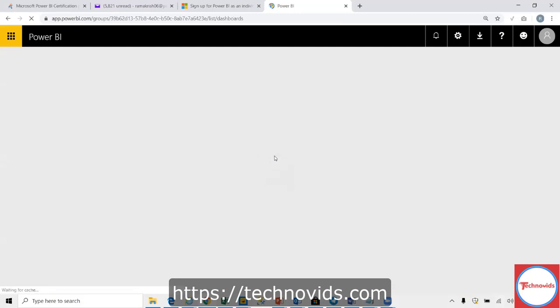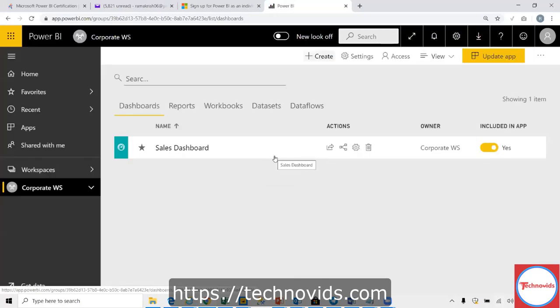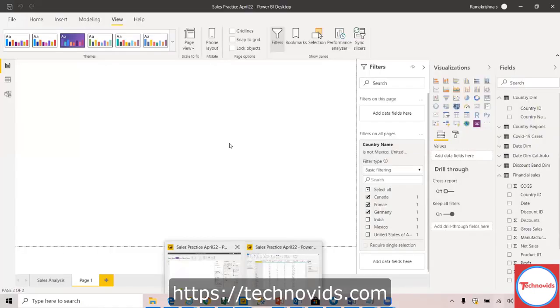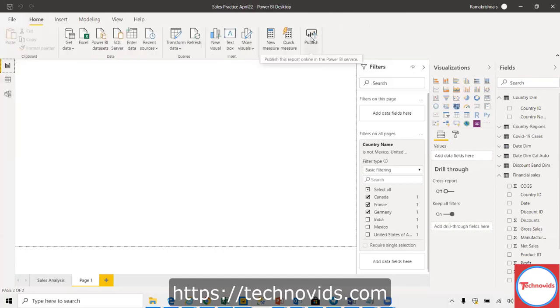So the refresh part, right? That's what I'm just opening. I will probably take another day's class, because this is another module which we have not seen. I think I showed you during the demo. Once you publish it, I'm not in Desktop, I'm not in the Power BI query editor. I am in something called Power BI service. So this is Desktop. Once you are done with your report, we do something called publish, right? Publish is generally the web, this one.